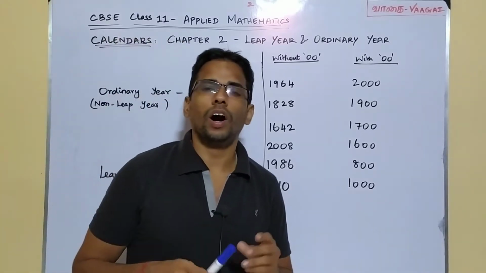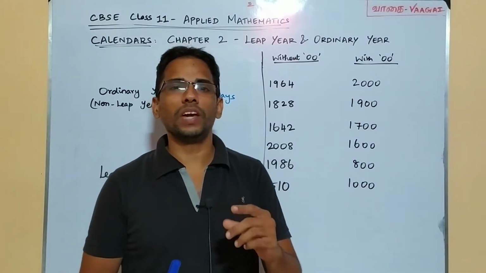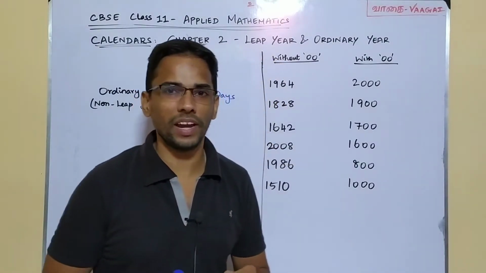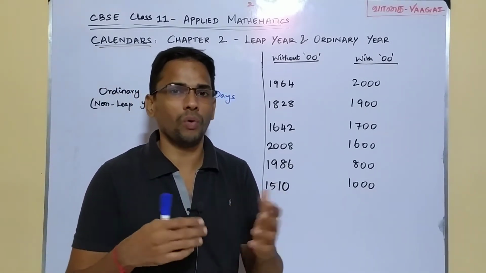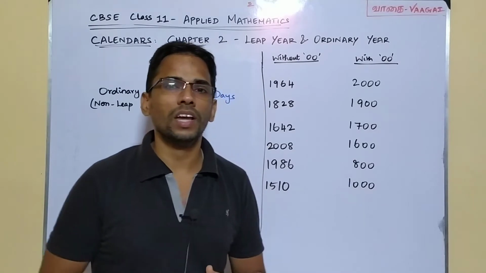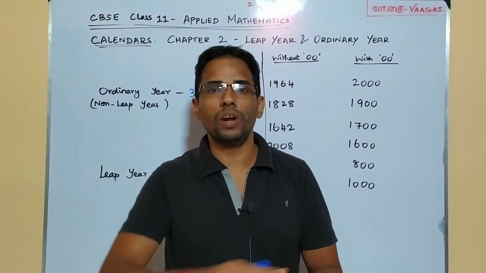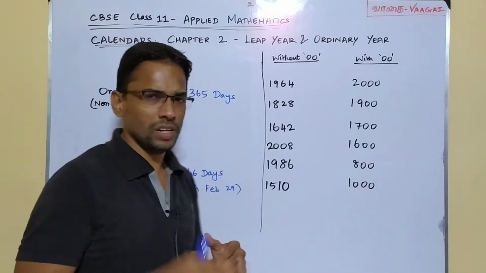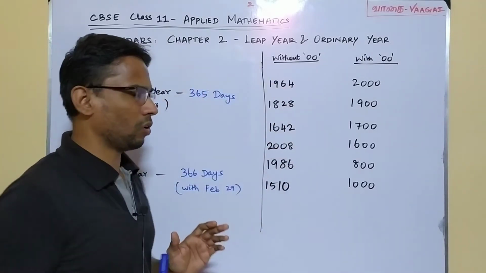Do you have any friends whose birthday is on Feb 29? They can celebrate their exact birthday only once in 4 years, because a leap year comes in general once in 4 years. If their birthday was this year, their next birthday will be only after 4 years, maybe in the year 2024. That's very interesting information. Go search whether you have such friends with their birthday on Feb 29. Anyways, let's continue our concept.